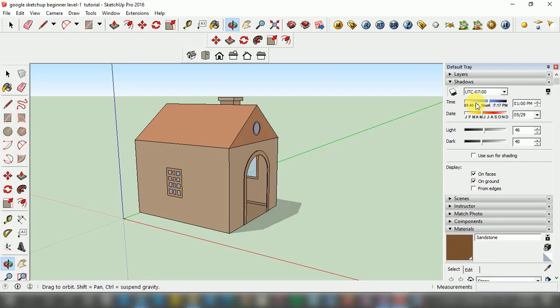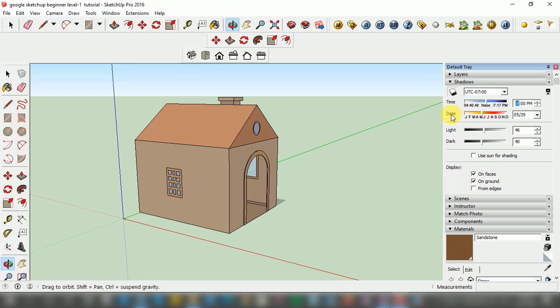We can see the time settings, like we can set the time to afternoon, evening, morning. As you can see, the shadow is changing as I am clicking left and dragging my mouse from left to right. The shadow is changing, as well as you can see the time is also changing. We can change the time from 11 to 12 p.m. So you can see right now it is 12,